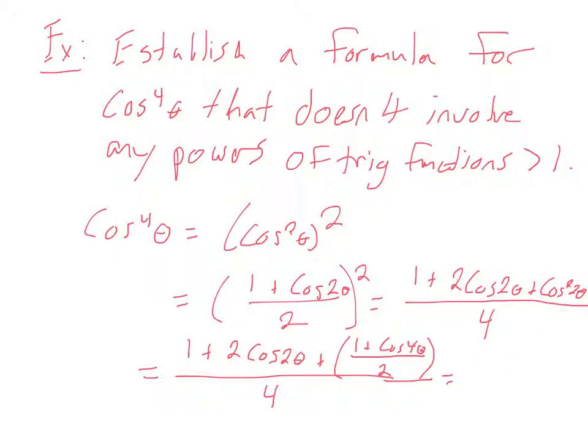Right, and then we've got to go ahead and clean that all up. So we'll get 1/4 plus, and so what we're going to have to do here is just multiply the whole thing by 2. I'm going to have to do this on the next page here, so let's go ahead. So what I'm going to do next, I'm just going to multiply the top and the bottom of this expression by 2 to get rid of that fraction in the numerator. And so on the next page, we have 2